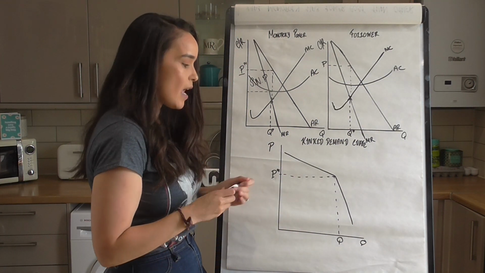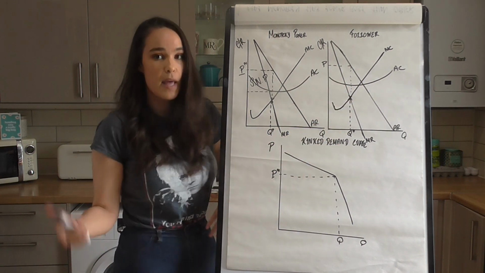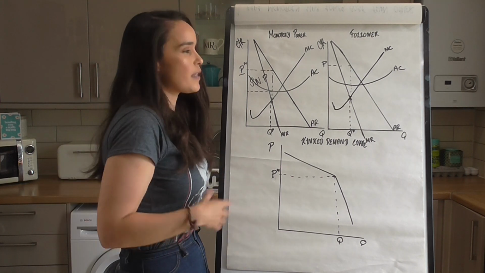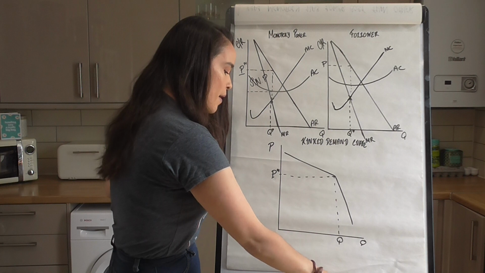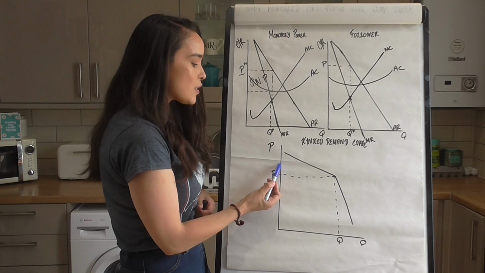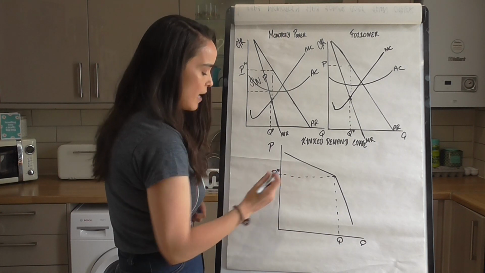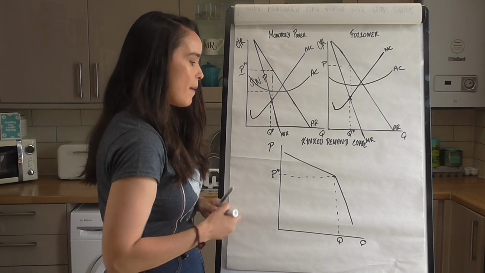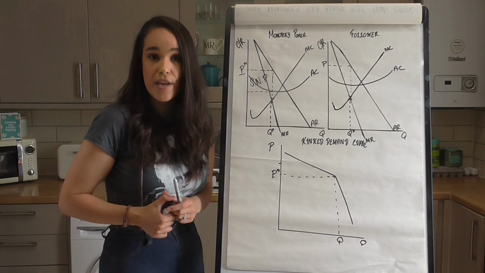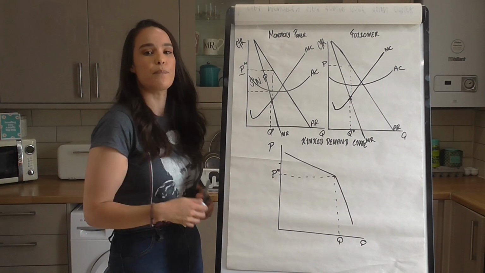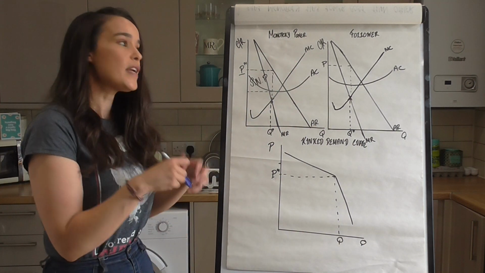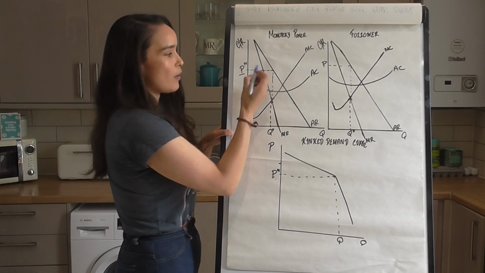But we can see here that if they decided to set this price, which is their profit maximising price, they'd be making as much supernormal profit as they physically could. But that would mean they're setting a price that is higher than up here. I'll do it in black, that might be up here. And that means they're going to make less revenue than if they accept the profit maximising price of the monopoly power. So we can see here that actually they have to accept this price, which is here,